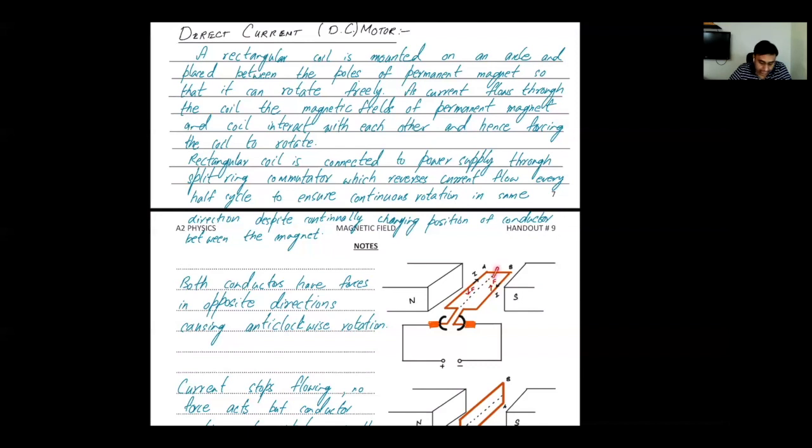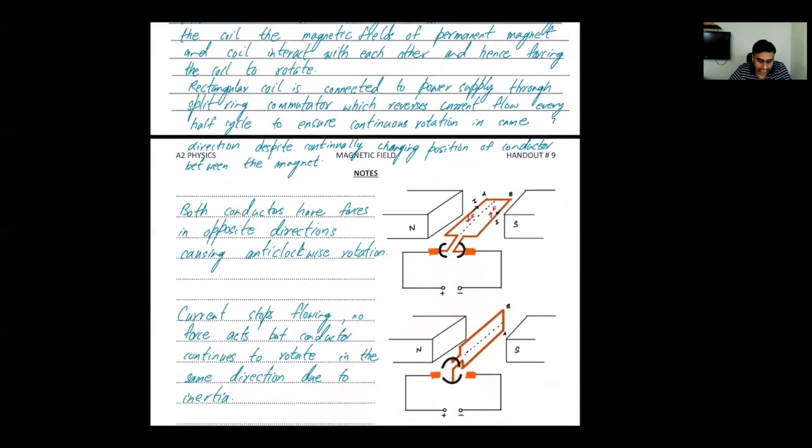If this is the axle about which the coil is going to rotate, so this is producing an anti-clockwise rotation, and this is also producing an anti-clockwise rotation. So apparently, two forces seem to be acting in the opposite directions, but they are actually producing rotation in the same direction. So the conductor or the coil of wire is going to start rotating. As it rotates, it will make a turn, and after a quarter turn, the conductor is going to become vertical.